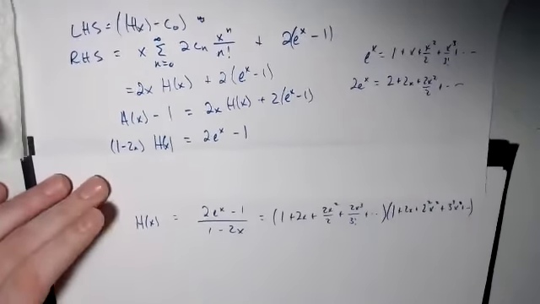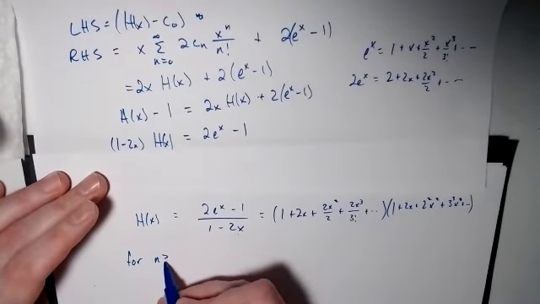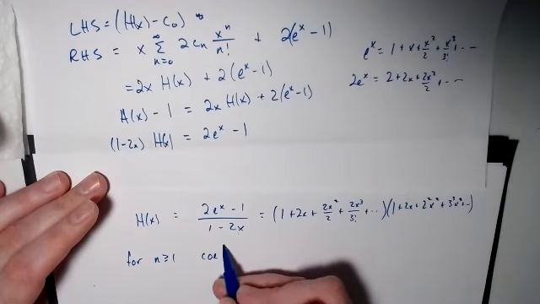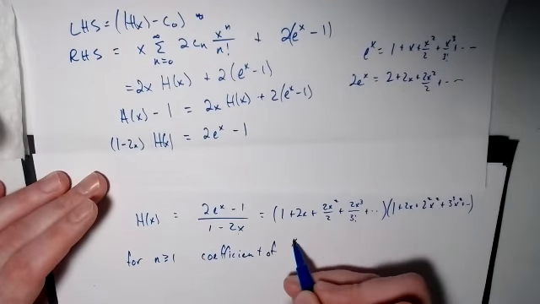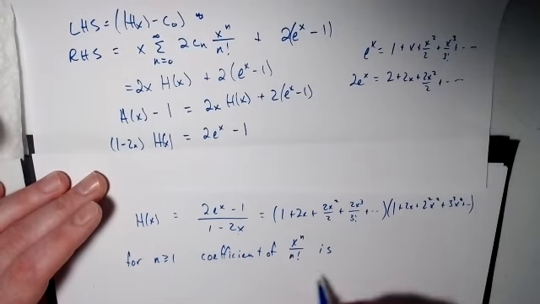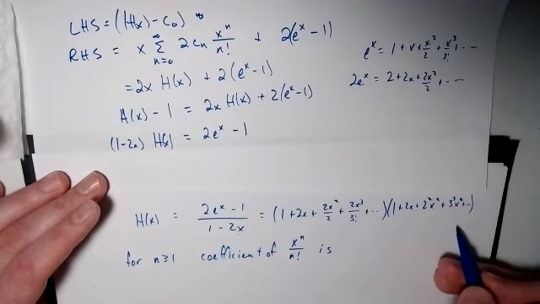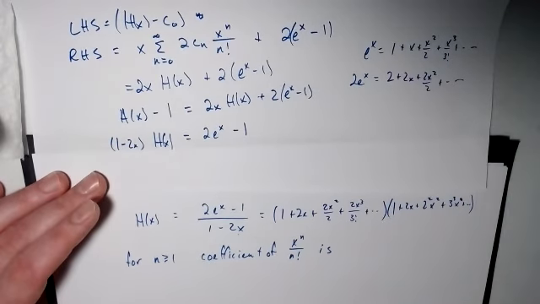So for n greater than or equal to 1, the coefficient of x to the n over n factorial is, these were ordinary generating functions, right? The way I wrote them this way. So this is